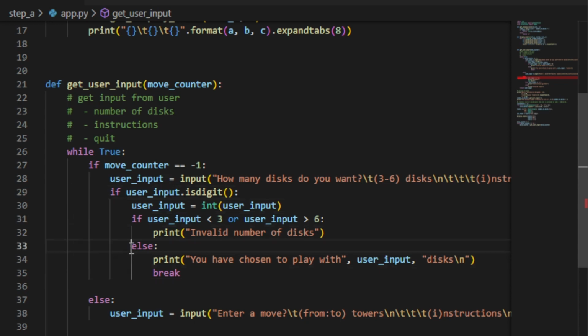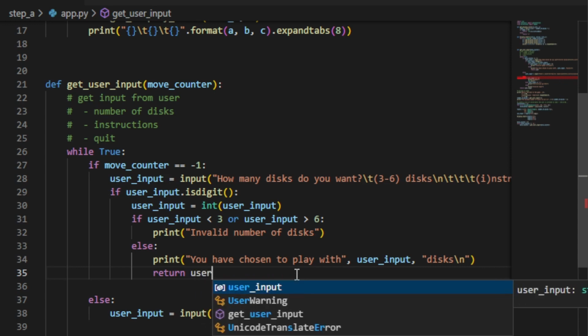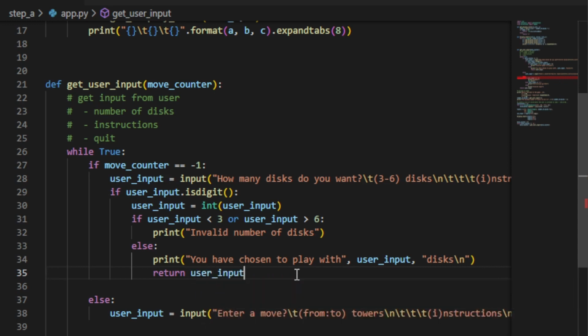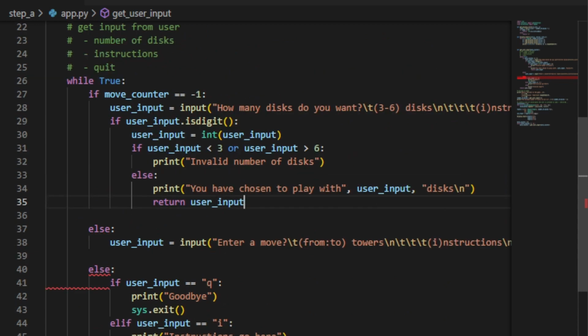Okay, and then since we're looking for a value, let's return the user input here, and then that'll tell us how many discs the person wants to play with. And now we don't need this line. As you can see, it's grayed out. We're never going to get to that line. So we move that here, and then up here where they've entered a move, that's where we're going to do our check to see if the